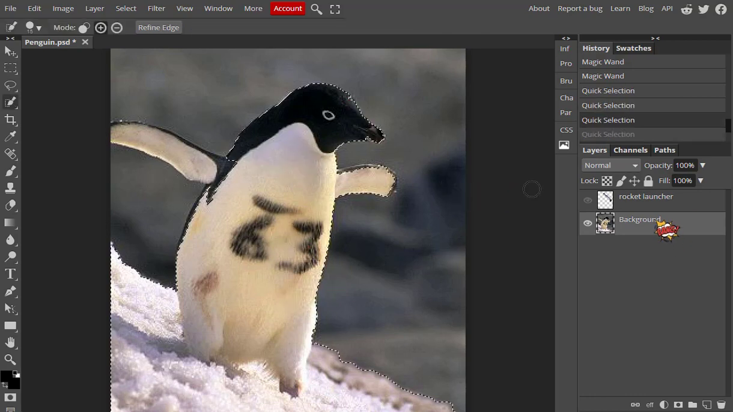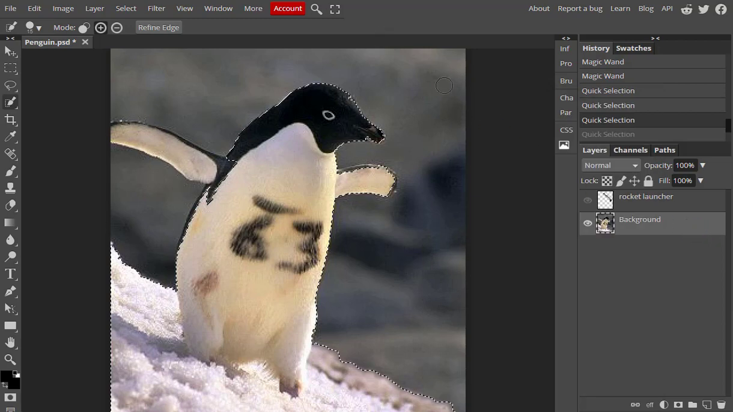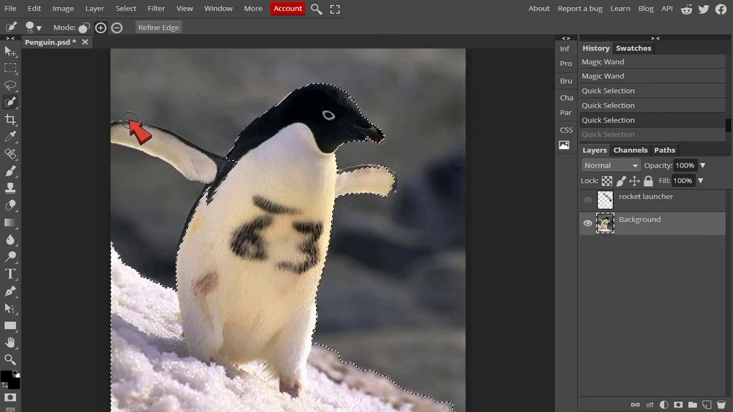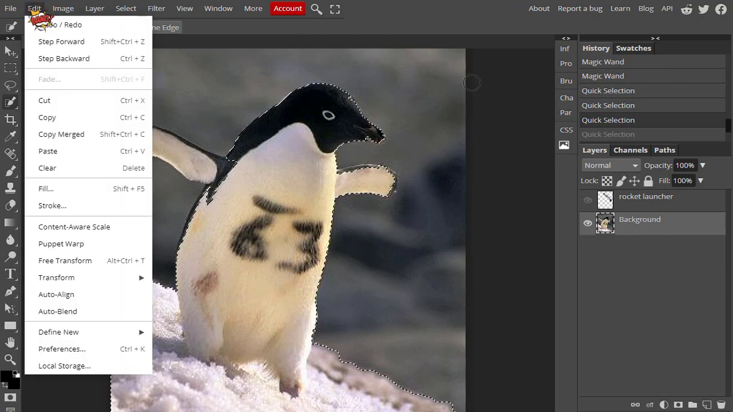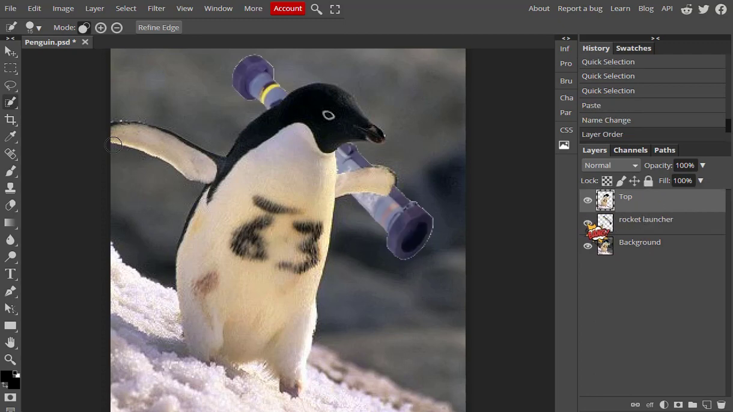Okay, now I'm going to right click. Actually, I'm not. I'm going to go Edit Copy, which of course you all know the shortcut for copy is Control C. And then I'm going to go Edit Paste, which you know the shortcut for that as well, Control V. So I've got my penguin there and another one there. So this is top. That's background. If I drag that up to the top,